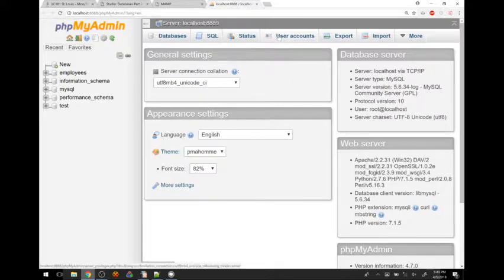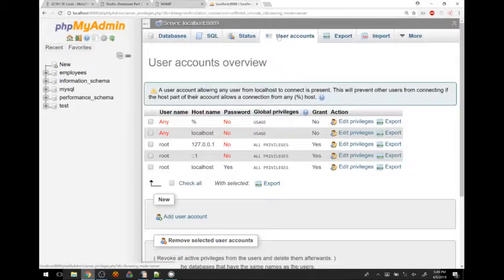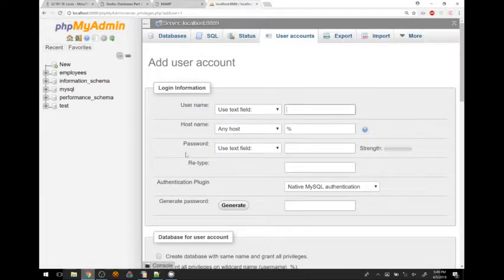So up at the top, you see a User Accounts button. Go ahead and hit that. And here are the users that you can see already exist. Your list might look a little bit different than mine. That's okay. I'm not worried about it. We need to make a new user for our flick list application. So down here, you'll see there's a button that says Add User Account. That's what we're looking for. Go ahead and hit that. Pull up a window.